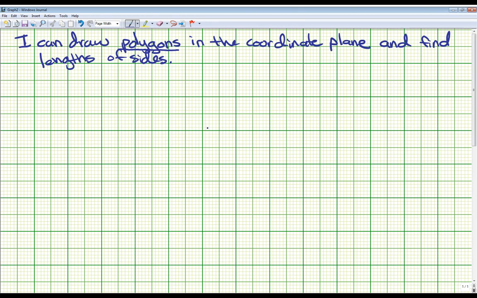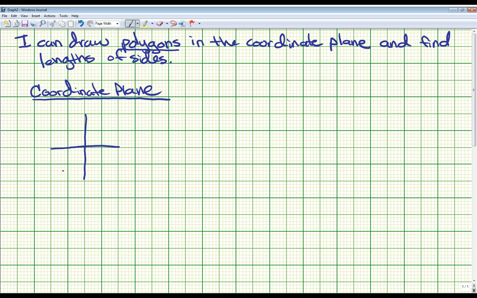So at the top of page 176, it says you can use ordered pairs to represent vertices of polygons. To draw a polygon in a coordinate plane, plot and connect the ordered pairs. There's a lot of words in there, so we're going to talk about coordinate plane first. So I'm going to have us list that word as some vocabulary. And when we draw a coordinate plane, usually, especially when you get up into the higher math classes,